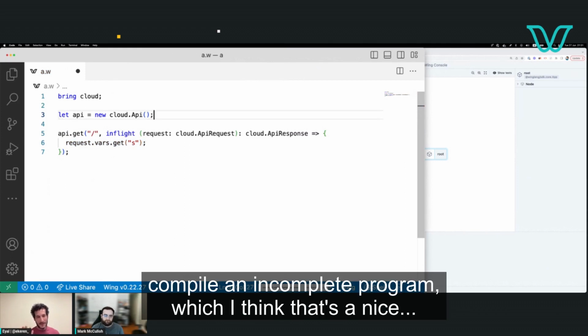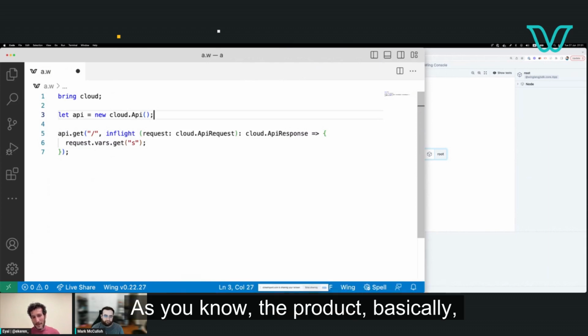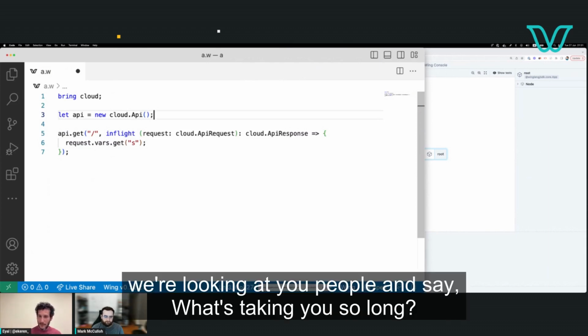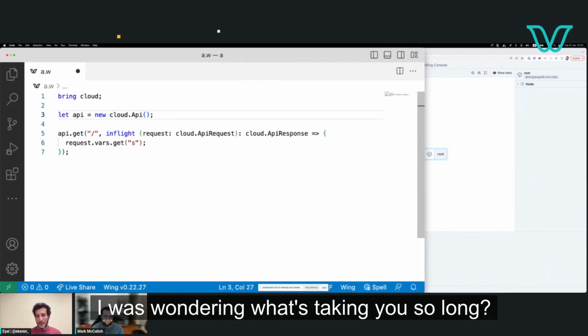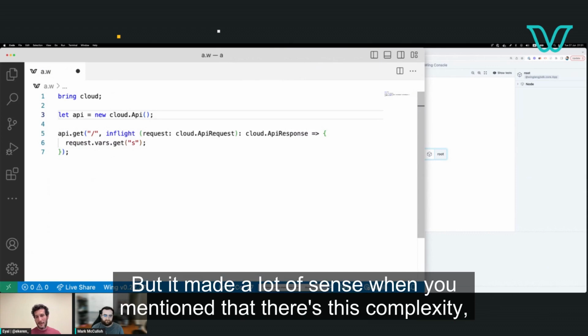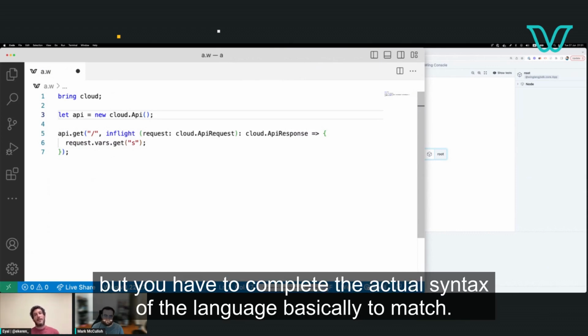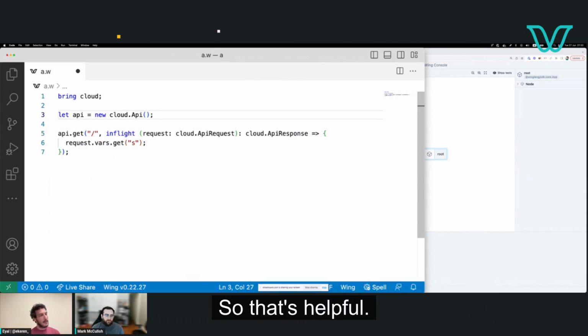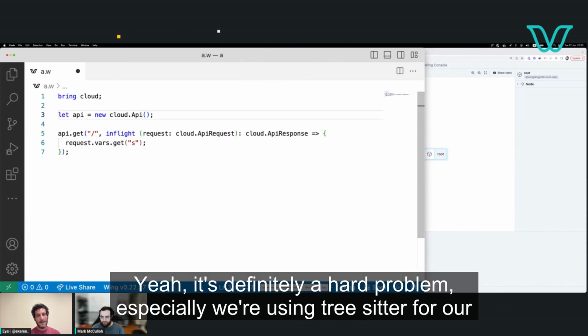But you mentioned that in order to do this, you basically have to always compile an incomplete program, which I think is nice. I mean, as you know, as the product, we're looking at you people and saying, what's taking you so long? So I was wondering what's taking you so long, but it makes a lot of sense when you mentioned that there's this complexity that you have to complete the actual syntax of the language to match. So that's awesome. Yeah, it's definitely a hard problem, especially since we're using tree sitter for our parsing,